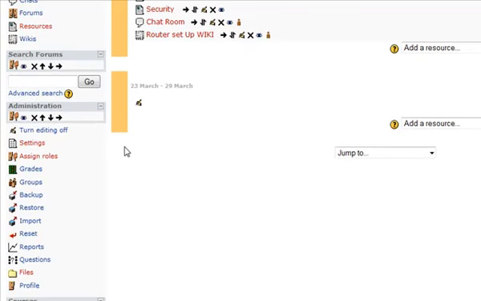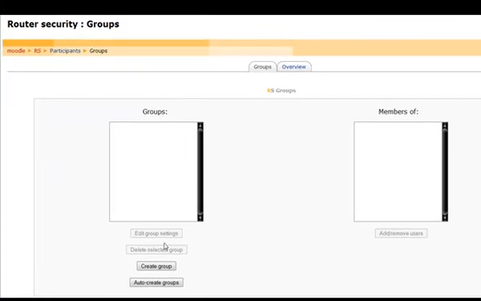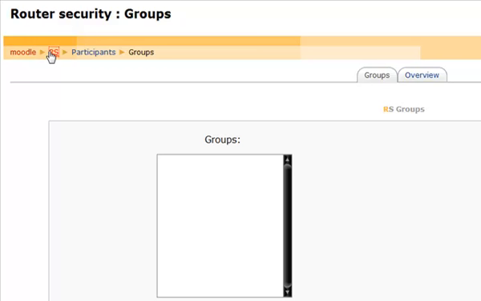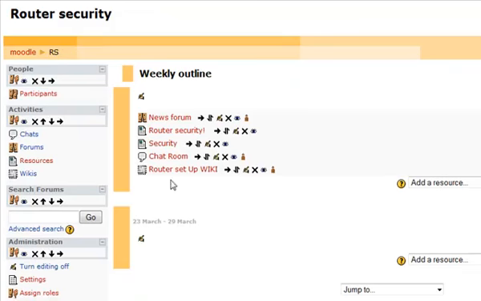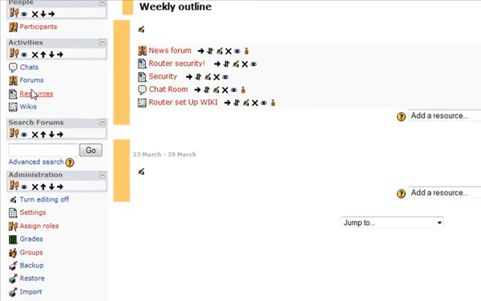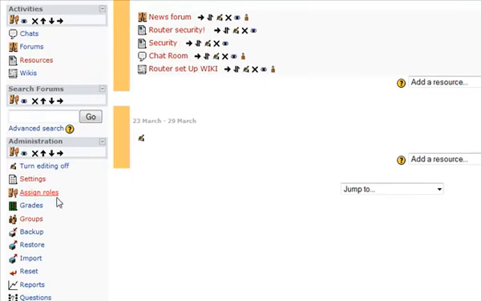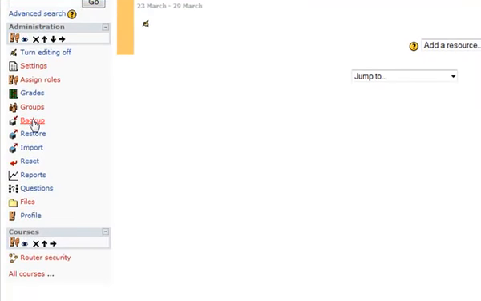Okay, so now you can set up groups. You can see here from groups that you can create a group and add members to the group and so forth. And this is good for creating security. Also the wikis and the forums, as I spoke earlier of. You can create backups of this module. You can also create reports and have files,